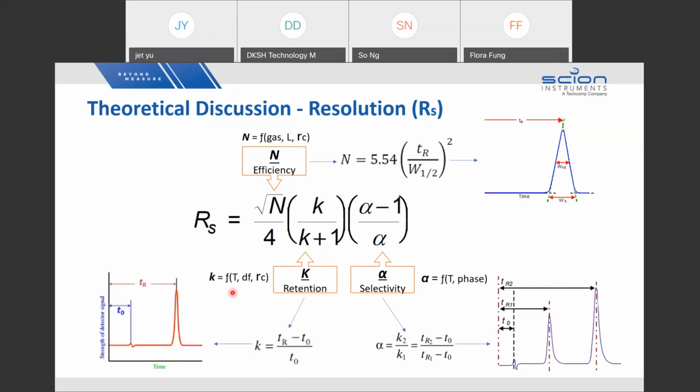That's why you can see the separation. Component 1 has one retention time, component 2 has another retention time, because each molecule has its unique chemical properties. So the polarity is different. The stationary phase and the analytes all have different polarities, which means the interactions between the three phases are different. This is the reason behind you being able to see the separation of